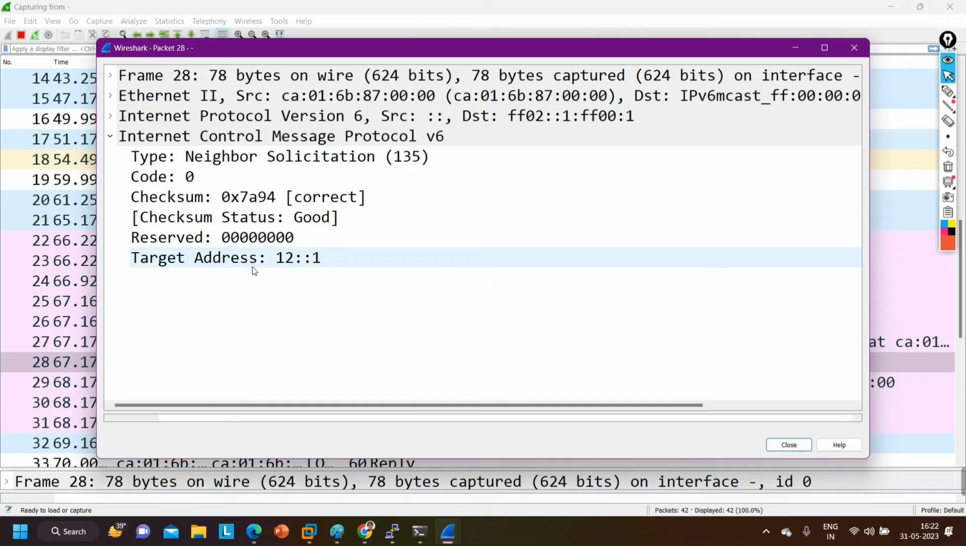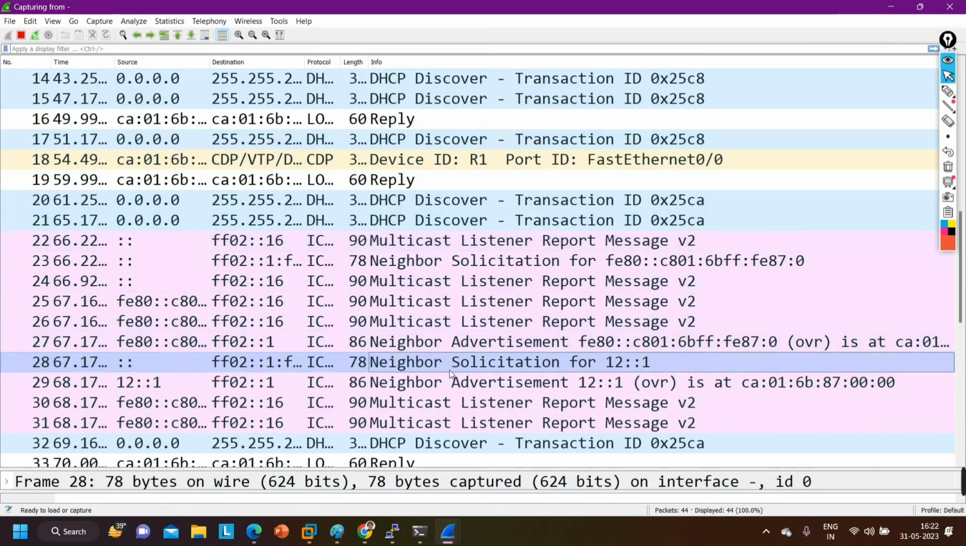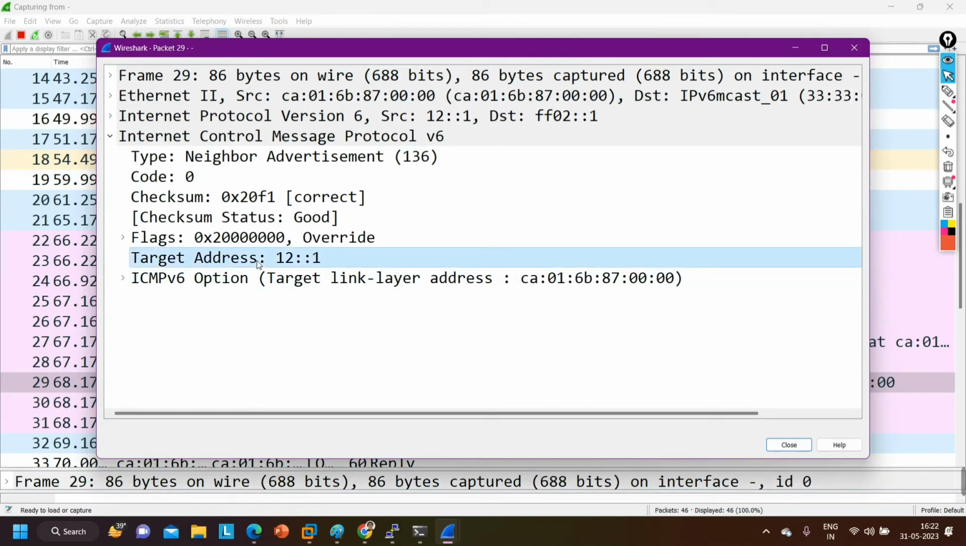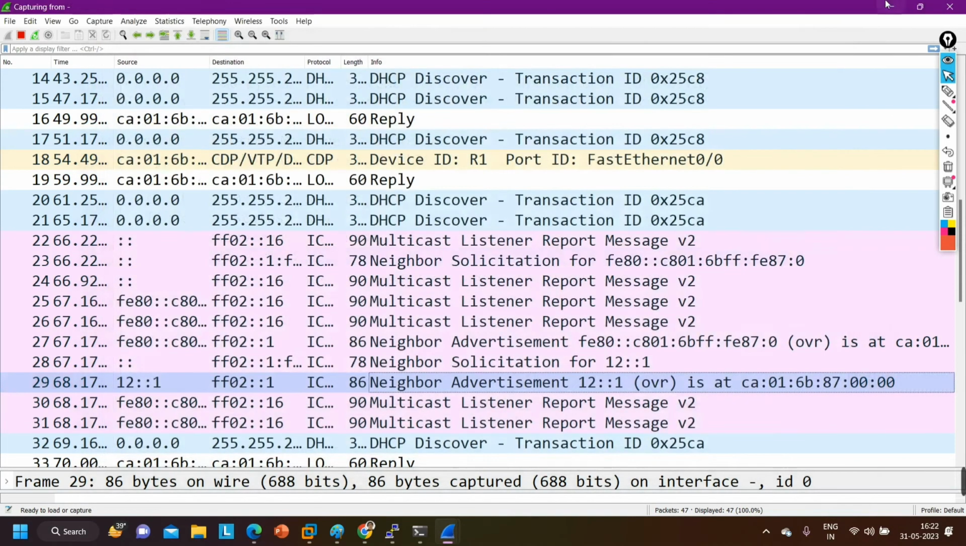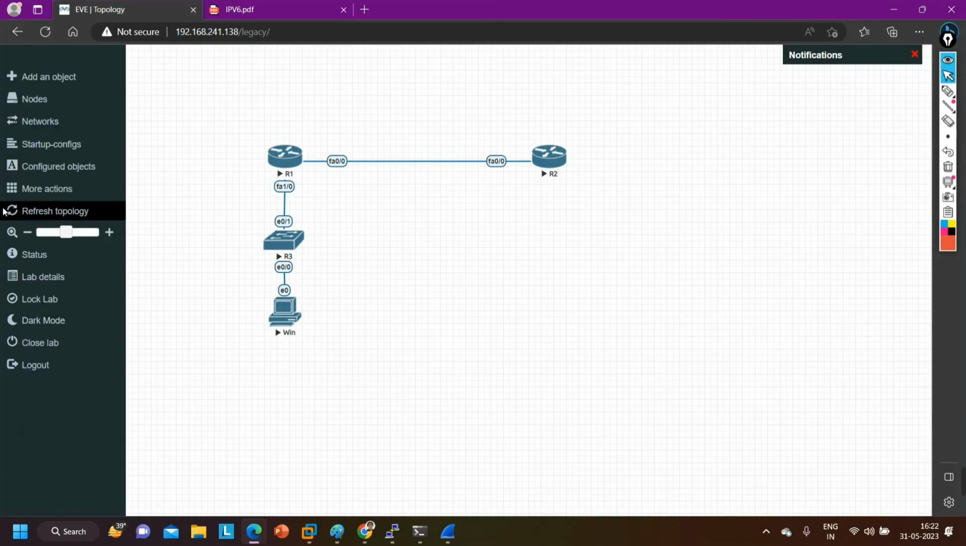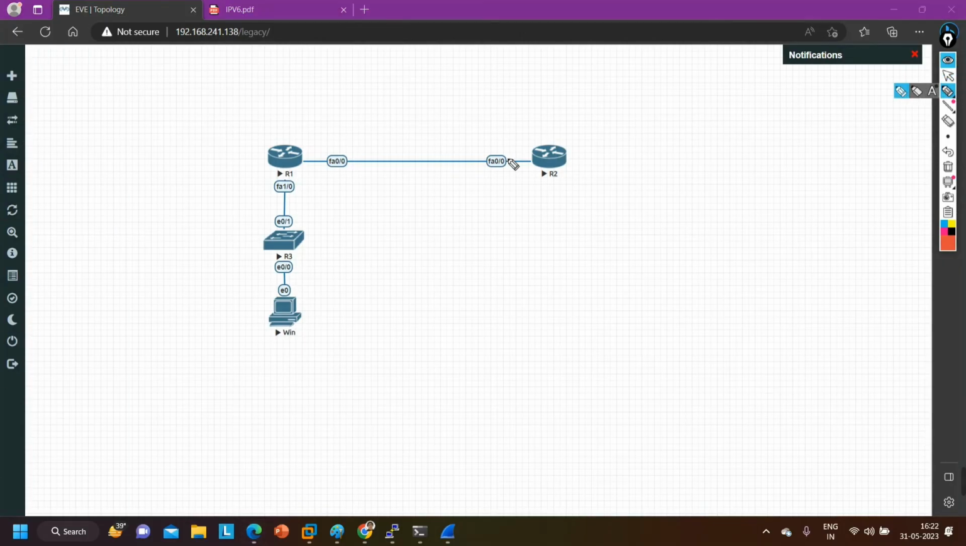And in this neighbor solicitation message, you can see the target IP address is 12::1. So after that, the router is sending what? Neighbor advertisement as well. Neighbor advertisement, and the target is 12::1. So see, actually what is happening, the flow is, whenever I am configuring an IPv6 address over here, 12::1